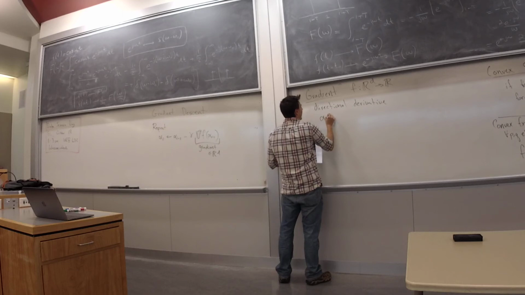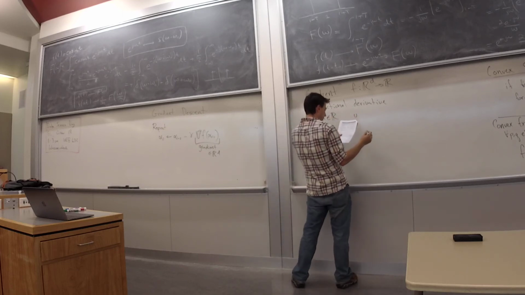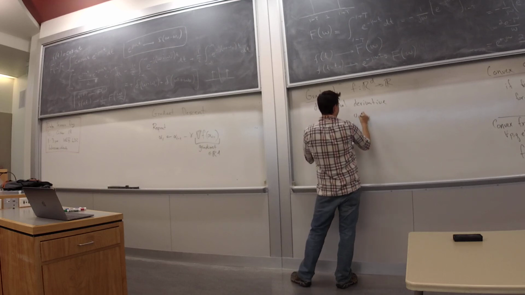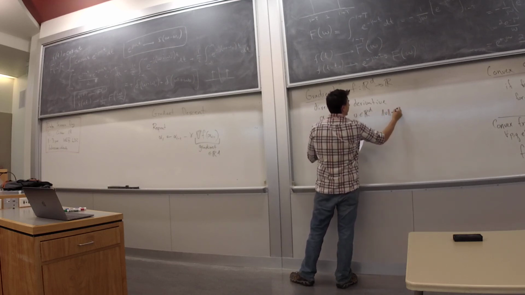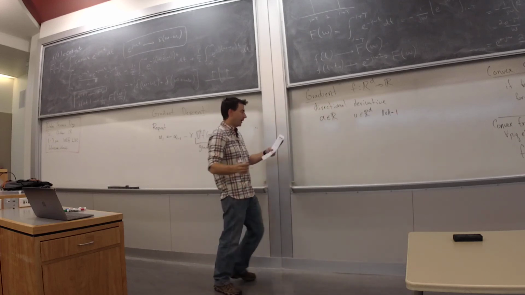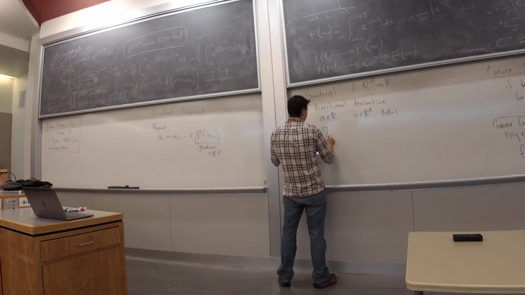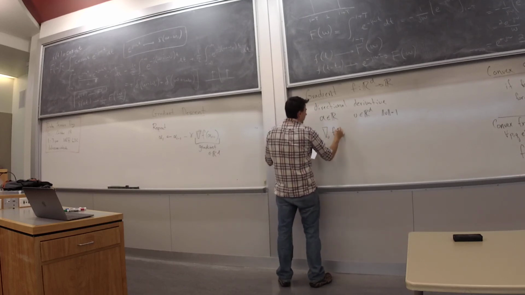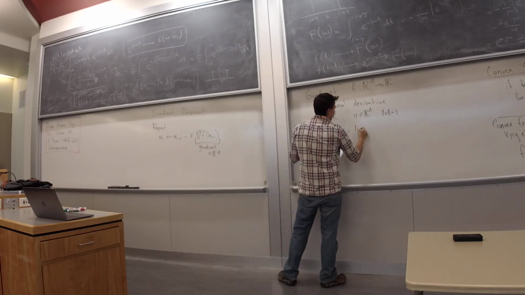So I have alpha, which is in R^d, and I have u, which is going to be in R^d, and we'll say the norm of u is 1, although you don't really need to say that. And so then the directional derivative at u of f of alpha is going to be defined